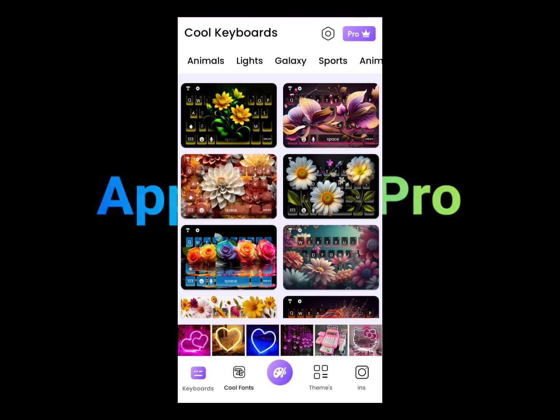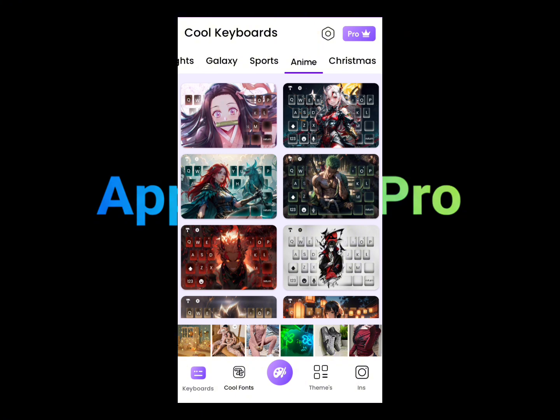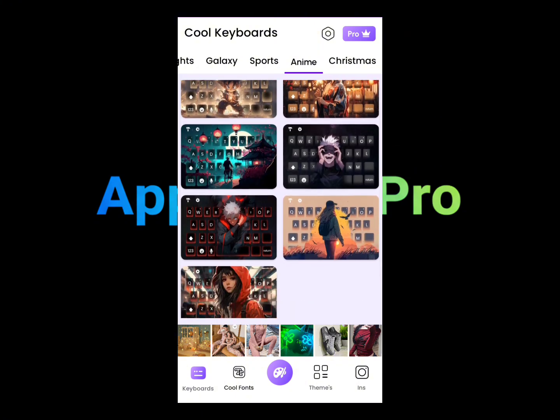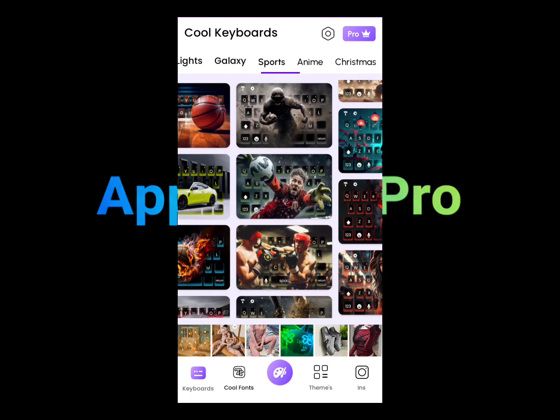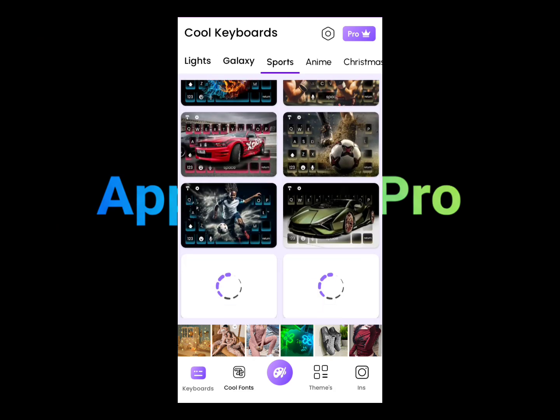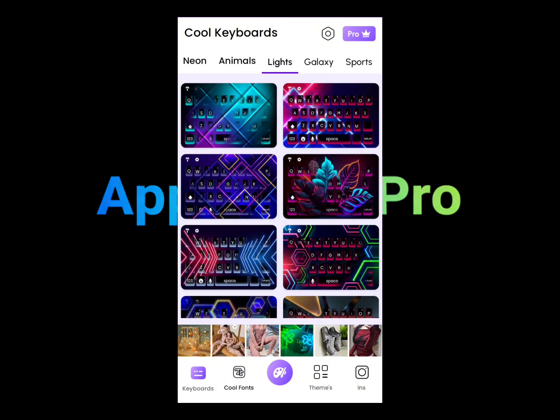You can just swipe across at the top here, see all the categories as it relates to keyboards. You can see your anime option here. You can see all types of keyboard styles as well. Then see the sports option here, not much, very few, but I do recommend them to add more so